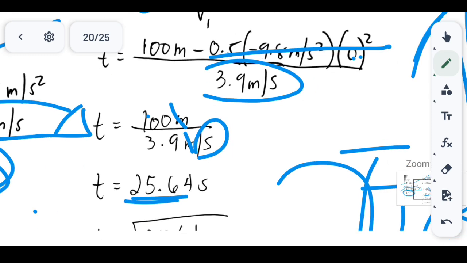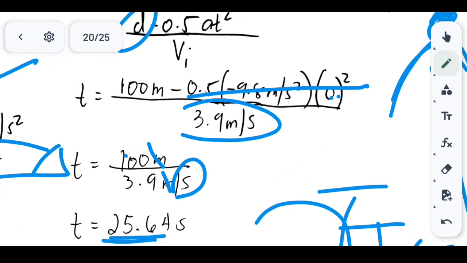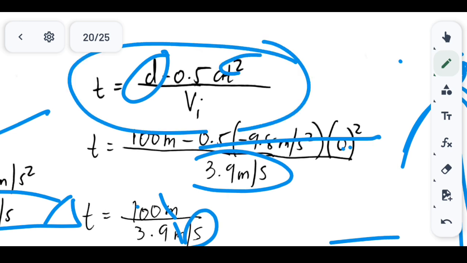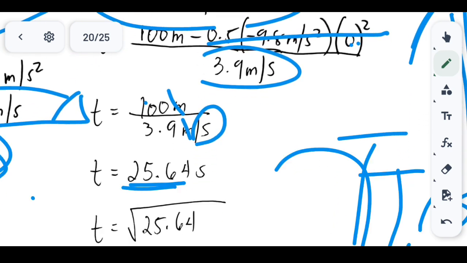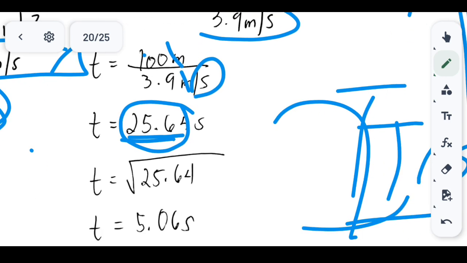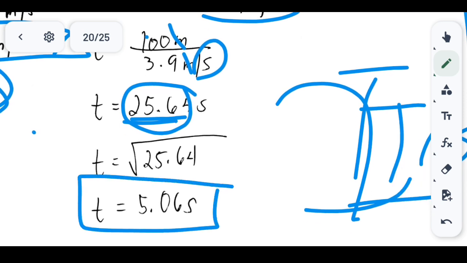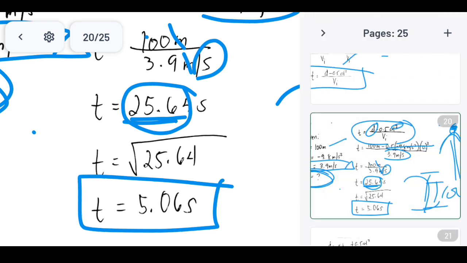After that, it's not done yet. If you notice, the highest degree in this equation is 2. It is raised to 2. That means you have to get the square root of this magnitude. And the square root of 25.64 is 5.06 seconds. So, therefore, the answer to number 1 is 5.06 seconds, the time the rock stayed in the air. Okay? After that,